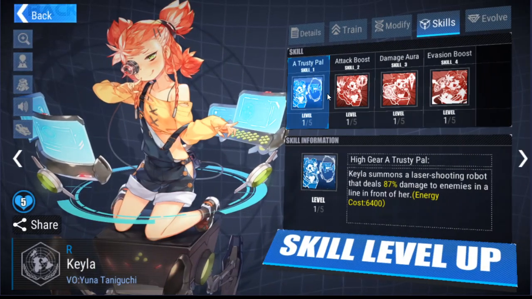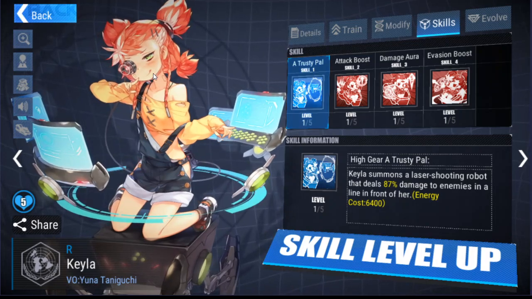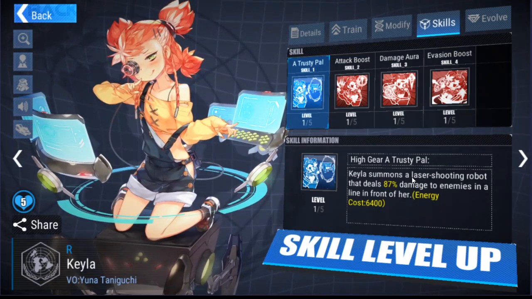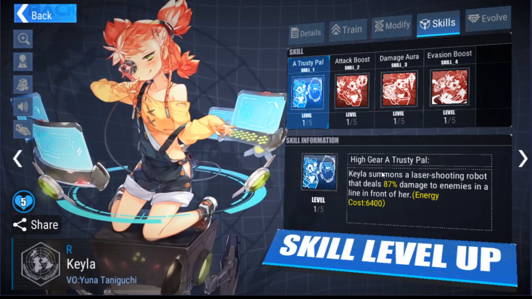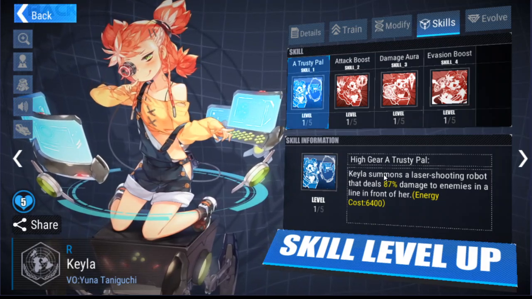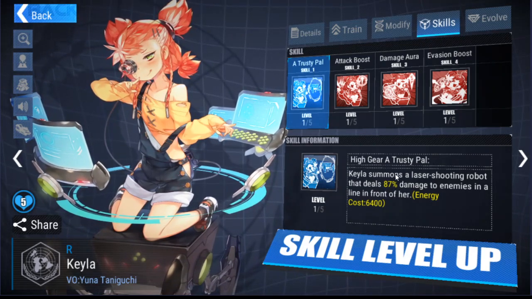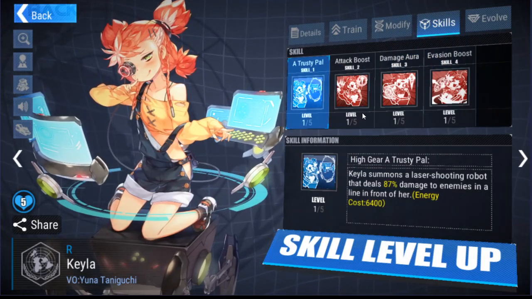Definitely better than a good amount of the enemies. Excuse me, not enemies, the pilots we've come across so far. We have Keyla, where she summons a laser shooting robot. So it's basically a familiar that you summon, or a summon, depending on what games you play. And it attacks enemies in a line in front of her. The energy cost is pretty